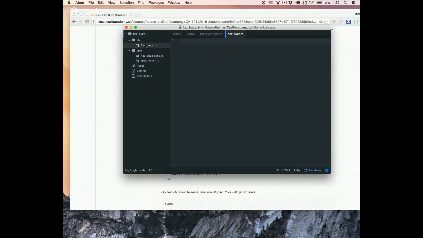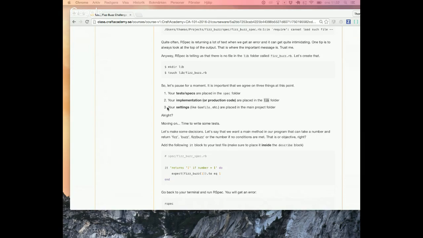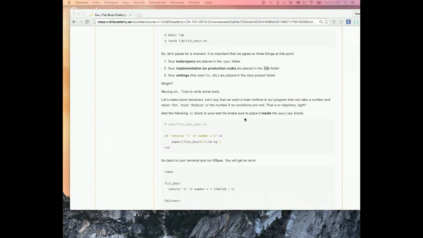All right. And all your settings, like the Gemfile, etc. In this project, we won't have many setting files, but they are usually placed in the main project folder, at least in pure Ruby projects. All right. Okay. So let's